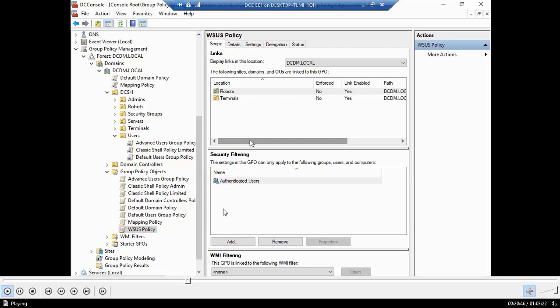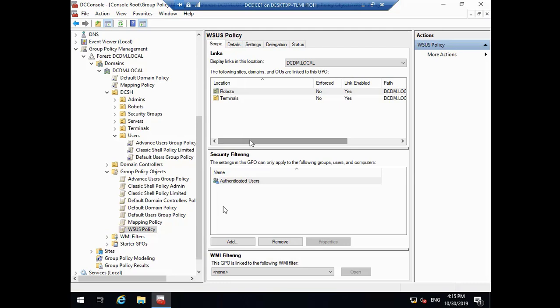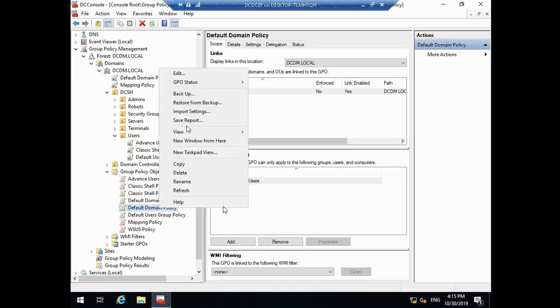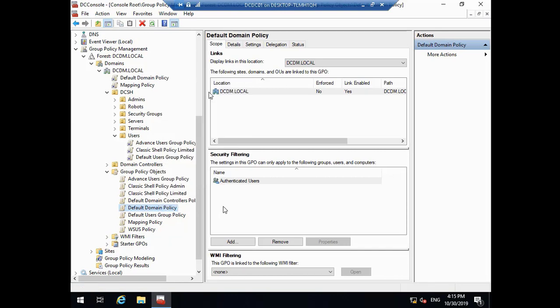So I think we need to play with these group policies. For example, I need any user, when he logs in for the first time with his Active Directory user account, I need him to see a specific background and lock screen and a screensaver. Okay, so we need to configure this group policy. We will do it from the default domain policy, which will be applied to all of the users in the domain. We will right click and edit,